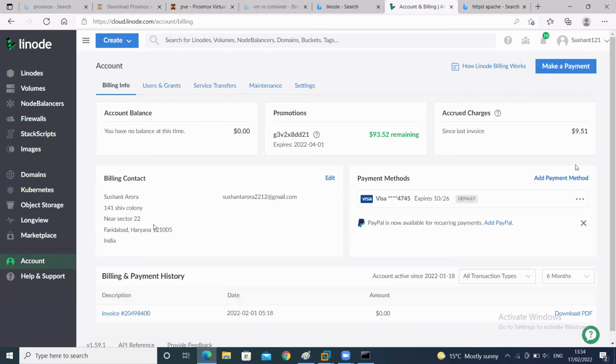This is my promotional balance, valid until the first of the fourth month, and I get a promotional balance of $100. I used $7 last month. Now I used $9.51 because I forgot to delete one machine that was running. That's why I get this bill.